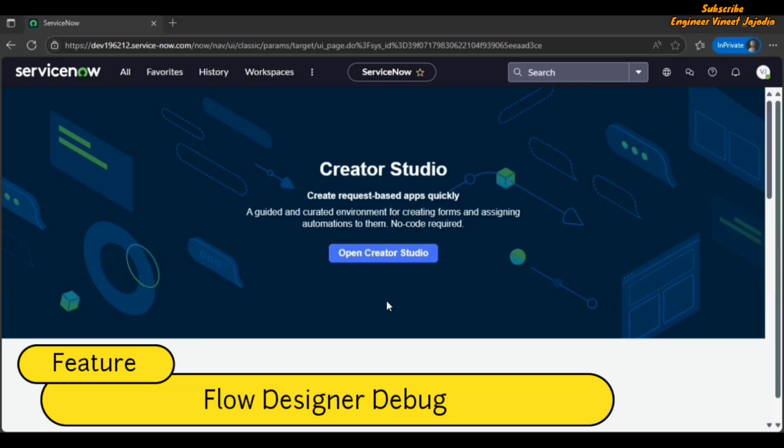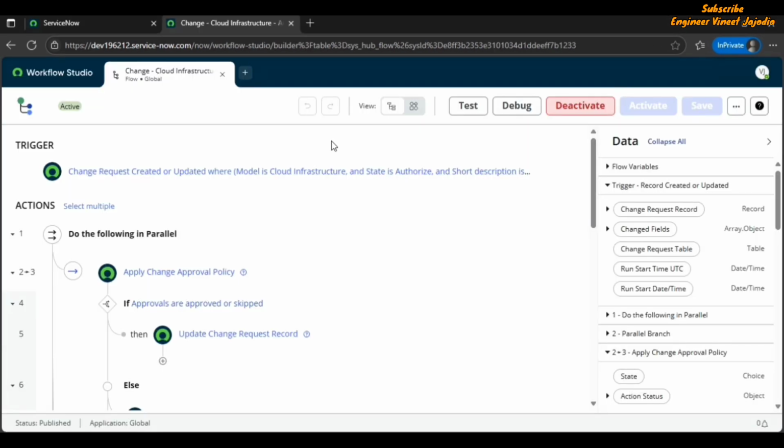Okay. Next, now we are going to see the changes in Flow Designer. So on the screen, you can see we had open change cloud infrastructure authorize flow. In the header, you can see we have a debug button available. So now we can debug this flow. Once we click on debug button,